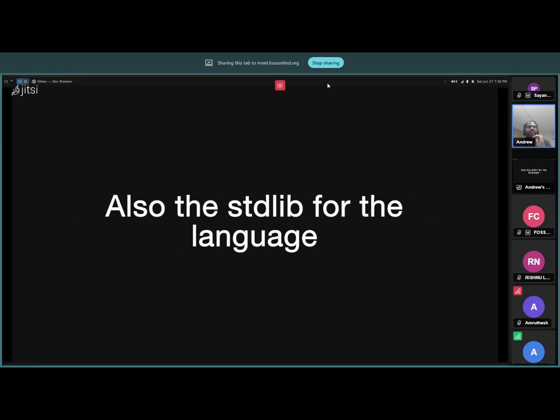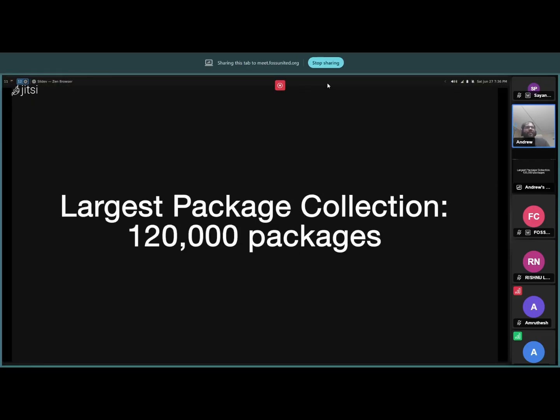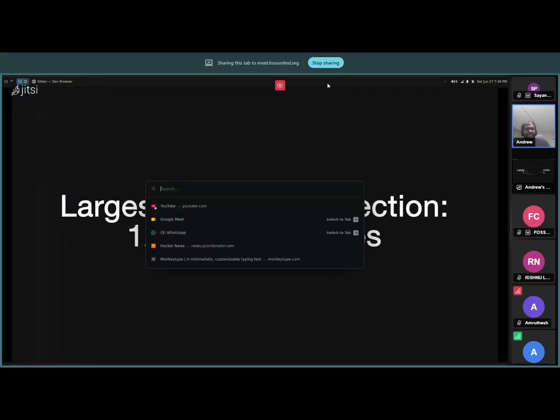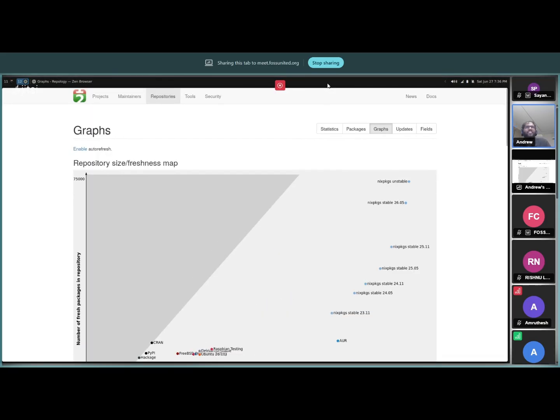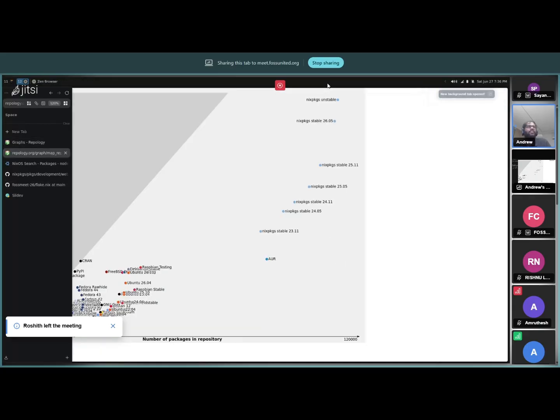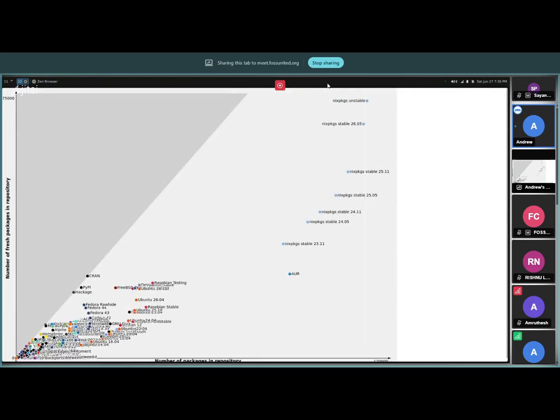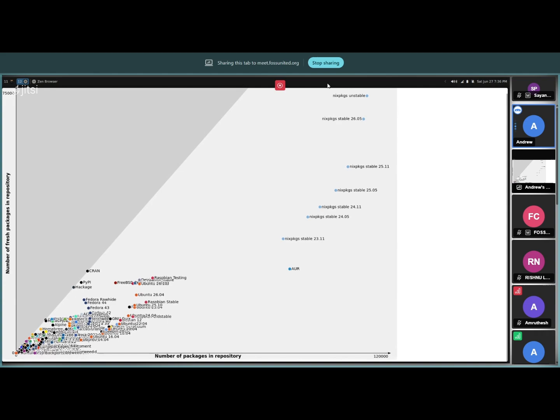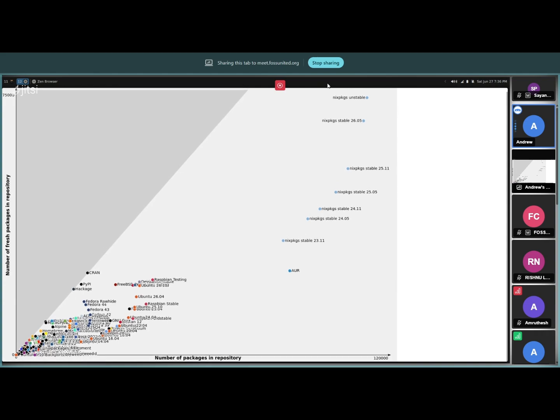Now, Nixpkgs is one of the world's biggest package collections. When I say that statement, it needs to be put into a graph to understand the scale of things. This is Repology's graph of what each software repository has. The x-axis says how many packages are in the repo, and the y-axis says how up to date the packages are.